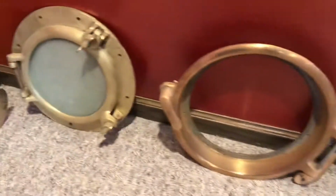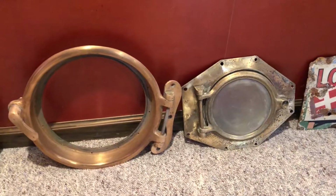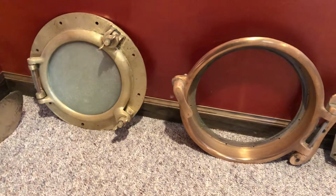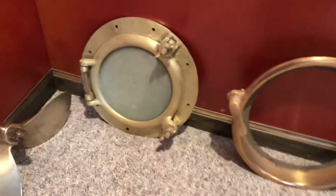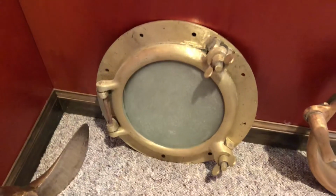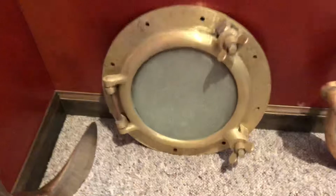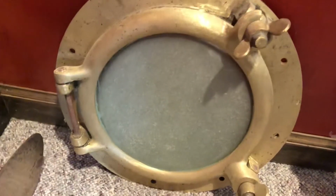I've got 3 portholes, and portholes are very hard to find. There's not too many people that do find the portholes, but I got lucky and I found 3 of them. This one right here I found right where the Hollyhock sits, out in front of the Hollyhock, more towards the center of the river. And you can see where the glass is, where it's been getting eaten forever with the